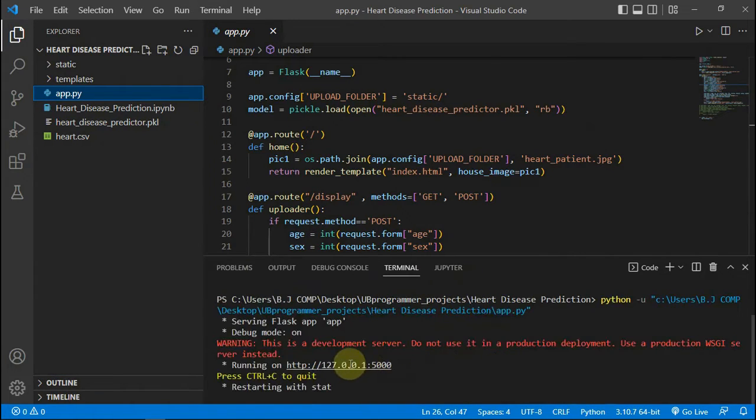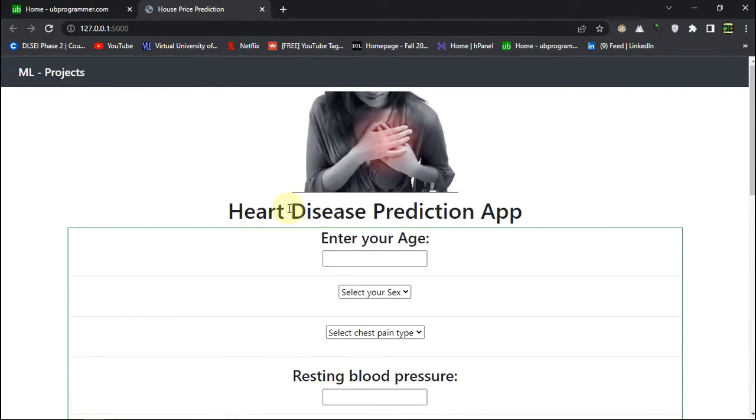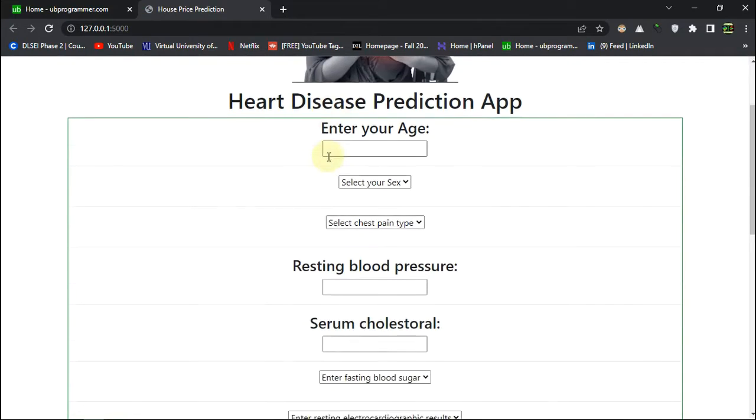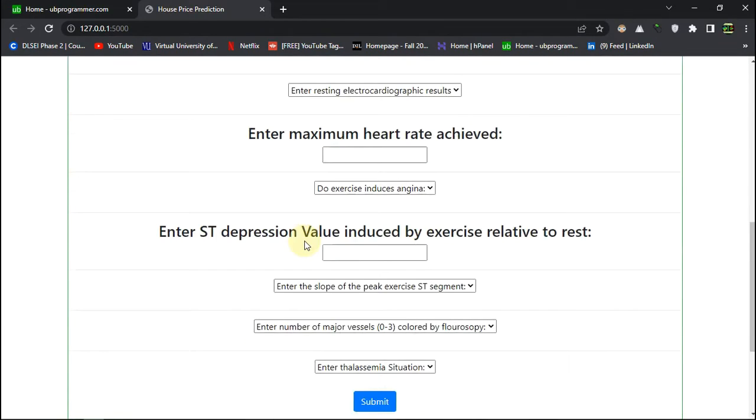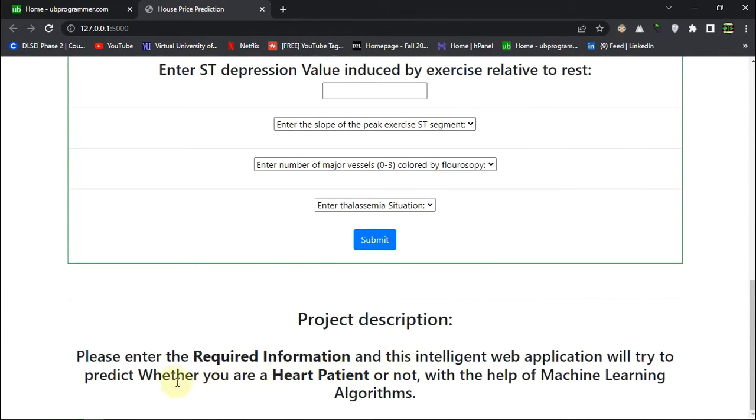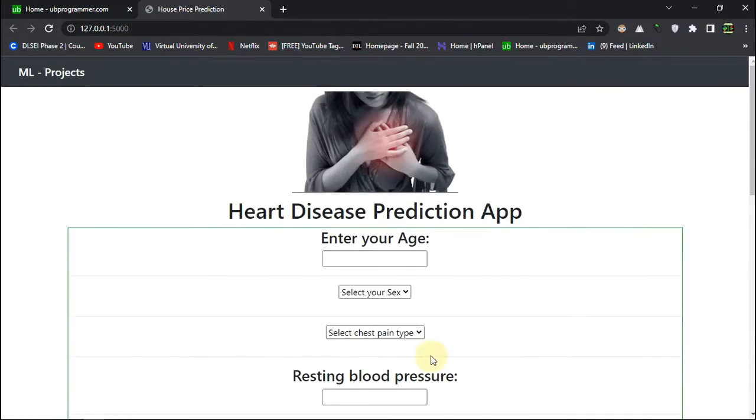So this is the Flask app, and we have started the server, and this is the simple UI for the app. It's asking about some parameters about your health, and then it will predict whether you are a heart patient or not, with the help of machine learning algorithms. So let's just